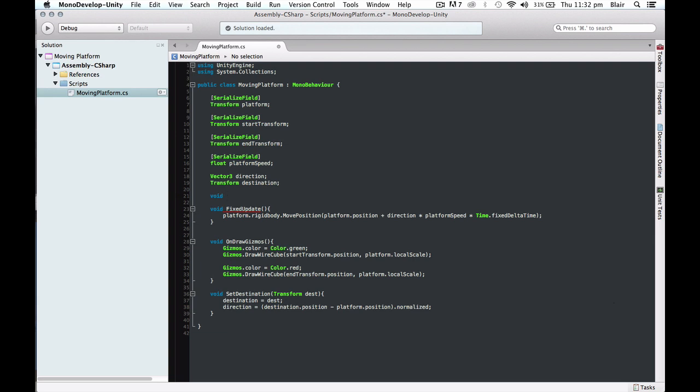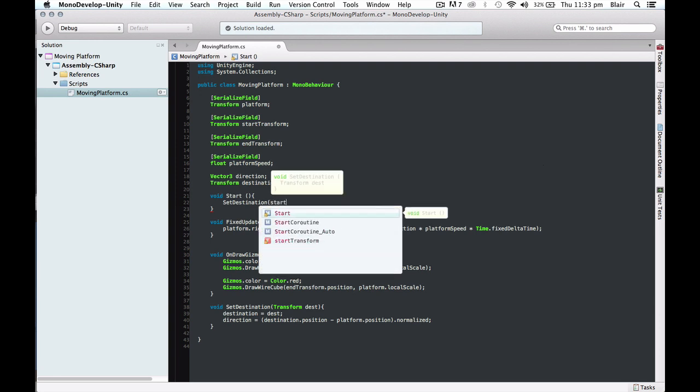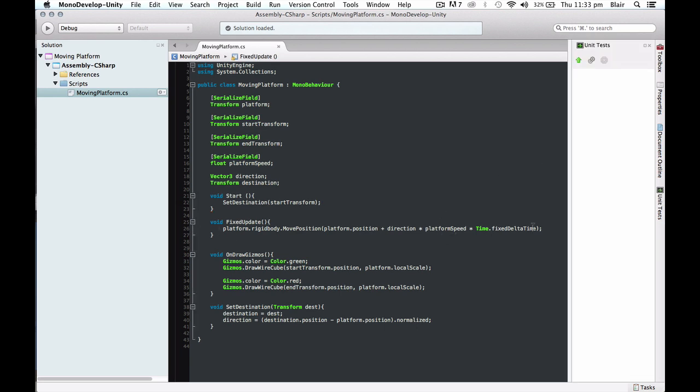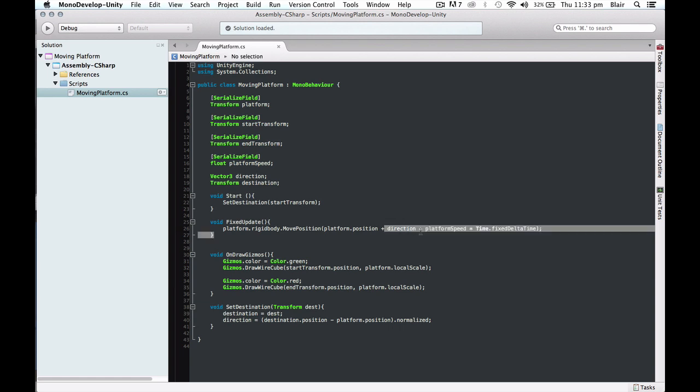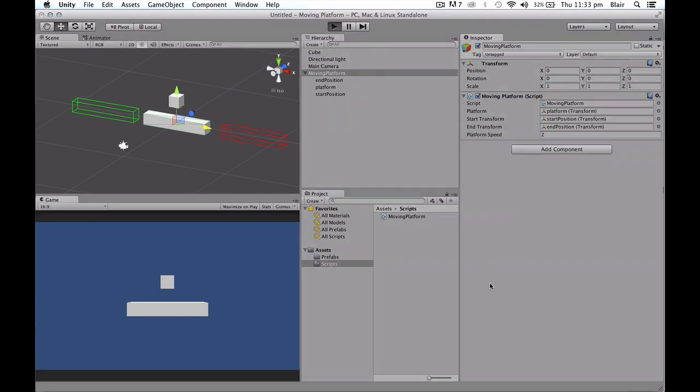So in the start method, which we also inherit from MonoBehaviour, this is run when an object is first brought into the world. Now we're going to call our setDestination method, and for now we're just going to set it to the start transform. And then you'll see in our fixed update, we're telling it to move in the direction it establishes based on what its destination is set to. So if we run this now, hopefully we'll see it move to the left,